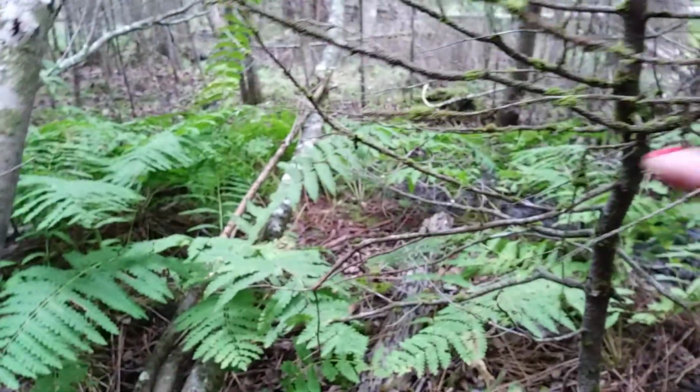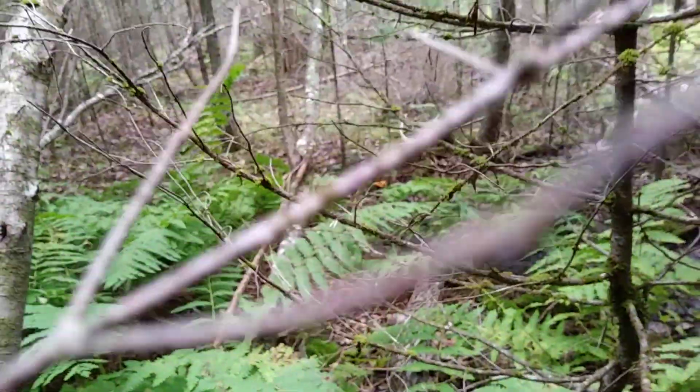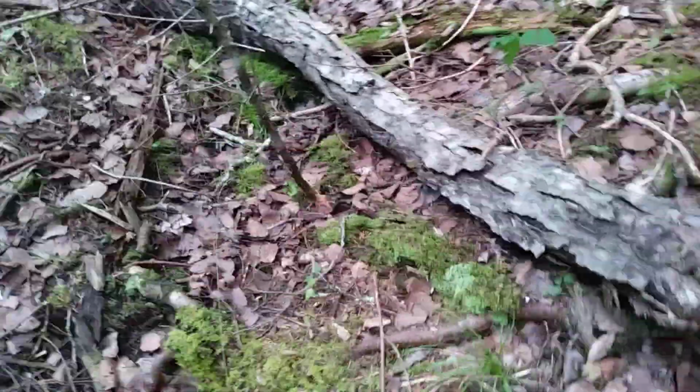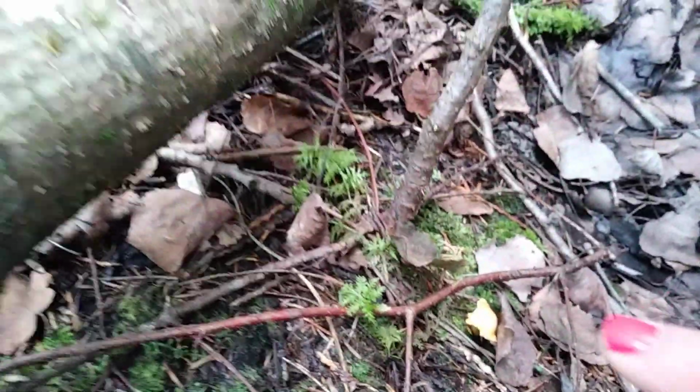And I just see peeking up over here, see if I can show you guys. See that bright orange right there? Those are some chanterelles. Let's see if we can get to them a little easier. Ooh, there's another one. See it poking up out? Alright, let's get to this one first, because it's closer. Bushwhacking. There's a little one. And here's the one that we saw from